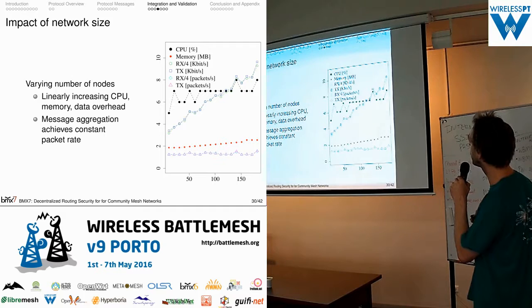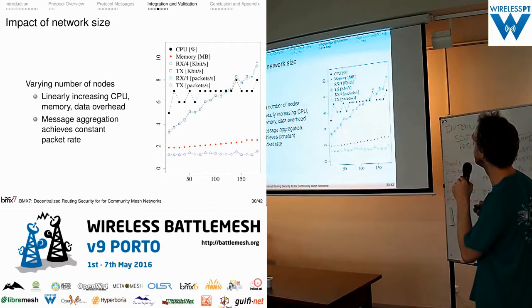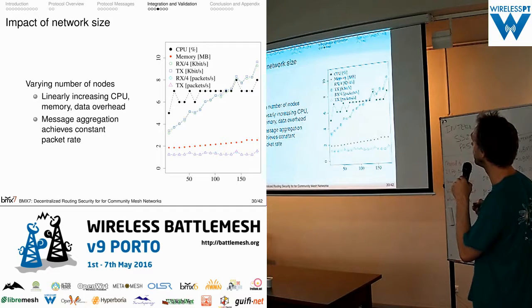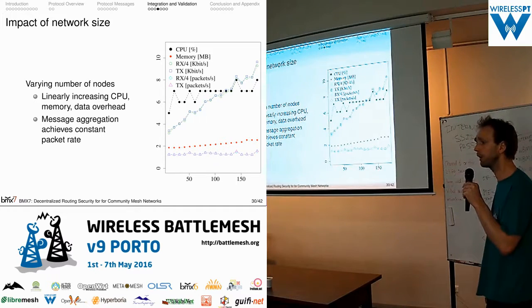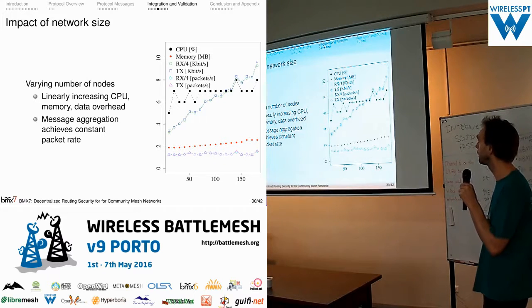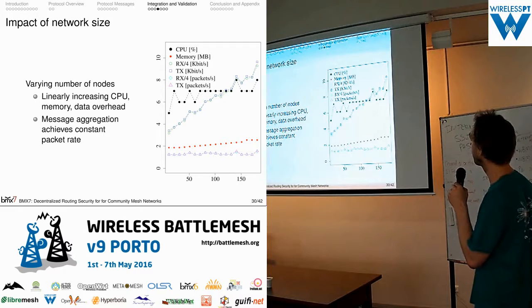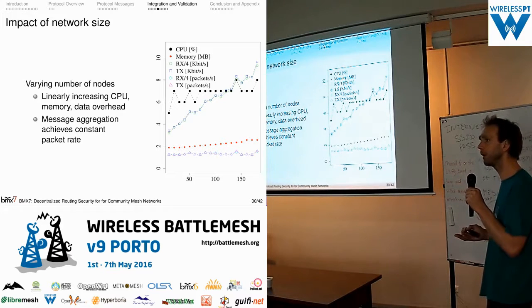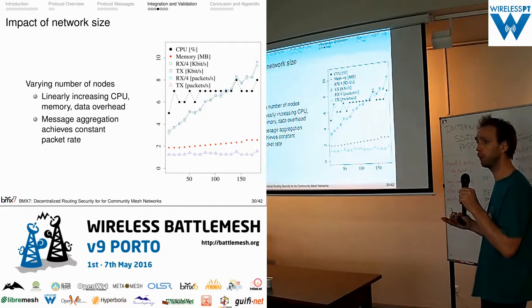Of course, the number of transmitted bits, or transmitted data, was increasing, but it remained linear. And it clearly remained within a scale that, if you compare it with other protocols, is reasonable. It doesn't exhaust or exceed what is possible with these devices. Also memory and these things all increased rather linearly. Despite having asymmetric cryptography involved, and we are signing routing updates hop by hop, also asymmetrically, and we are signing descriptions also asymmetrically.